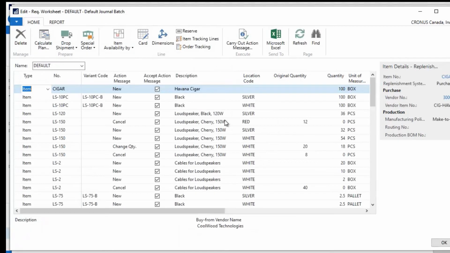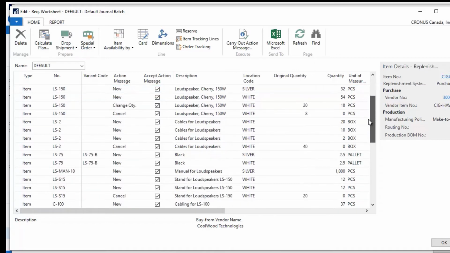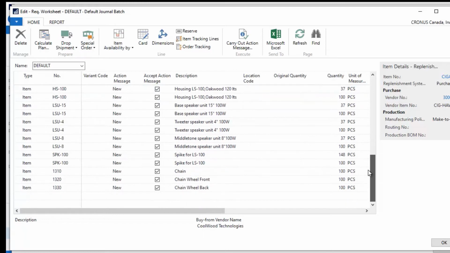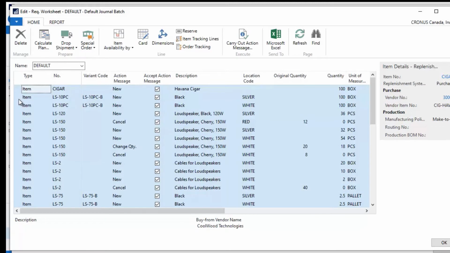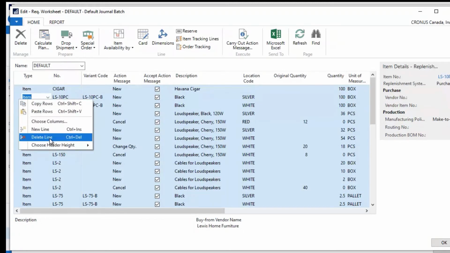I click OK, and this goes out and looks at every item that I have that is below my reorder point, and it puts in information for me to create new purchase orders for these, the quantity, the unit of measures, and so on and so forth that I need for all of the items that are out of stock in my system. Here's my cigar. It's brought this in. My reorder quantity was 100 because I've never purchased these before. I don't have a default location set up for it, but that's okay. I don't have varying warehouses set up in this demo, but you can see how this brings in all of the information about what I need to purchase. So I'm going to delete these lines,